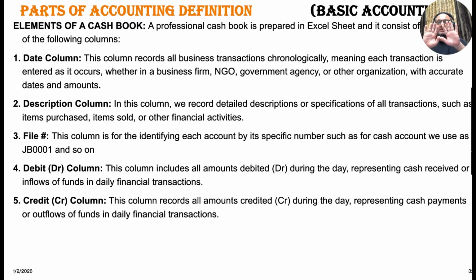Debit, credit. All amounts which come to us are written in the debit column. This column includes all amounts debited during the day, representing cash received or inflows of funds in daily financial transactions. Even there are payments, there are receipts, there are account payables, account receivables. They are written in the debit column. Sorry, account payables are not written in the debit column because they are credit. Account receivables, which we have received from somebody, see,